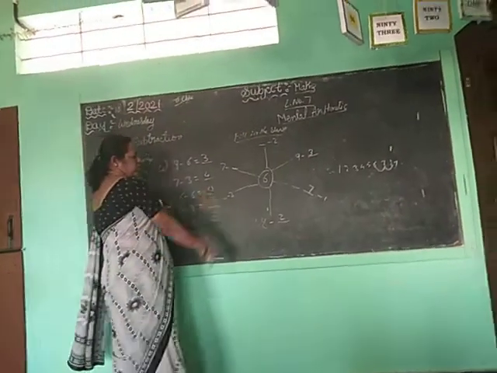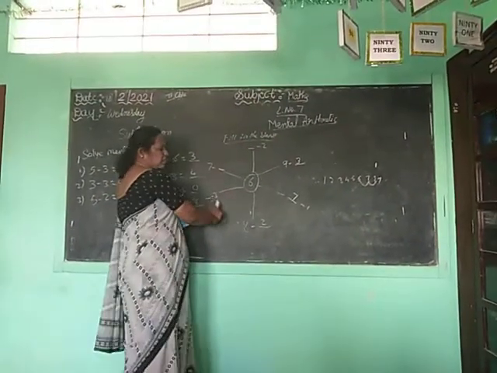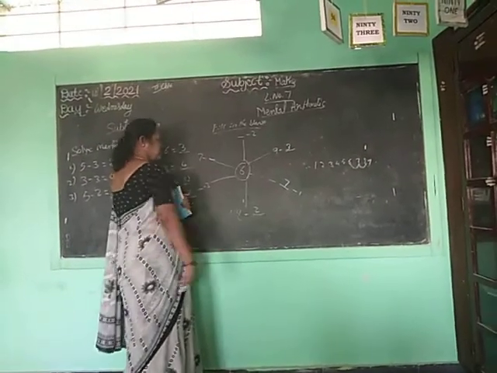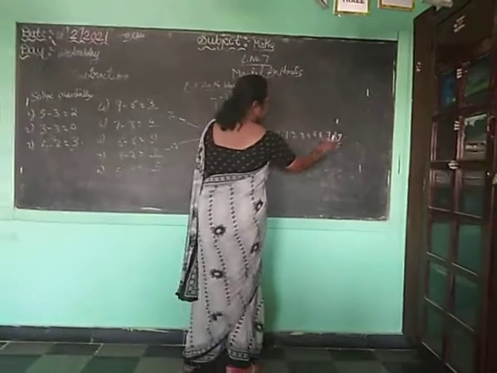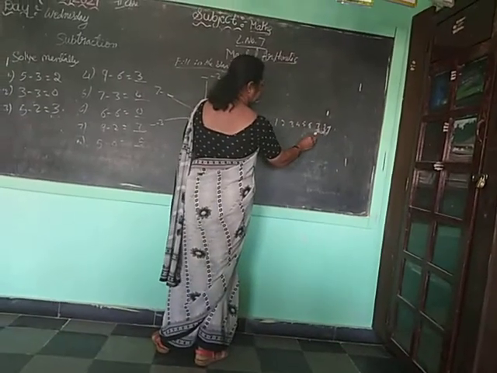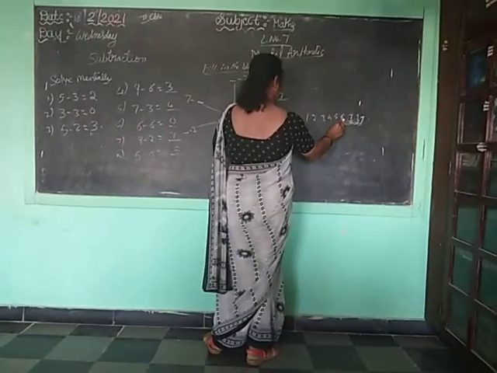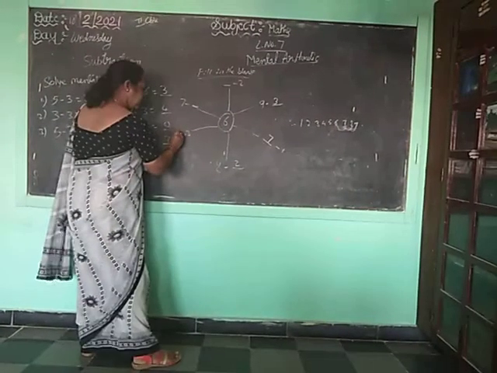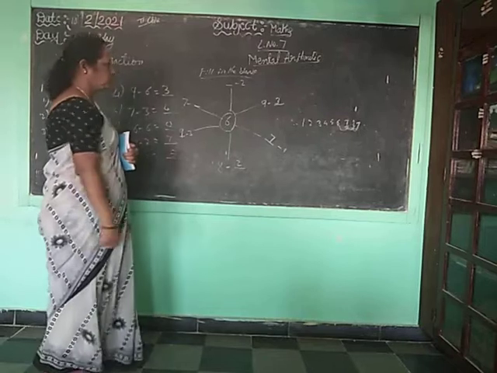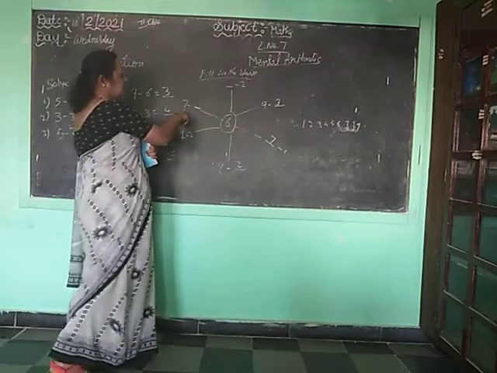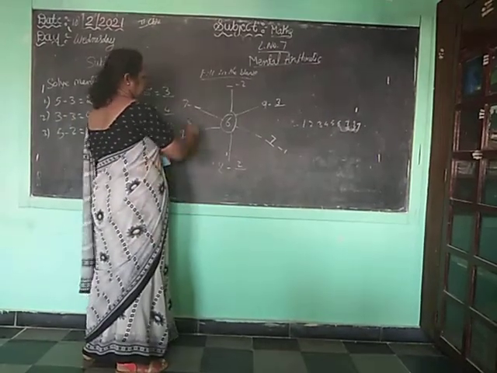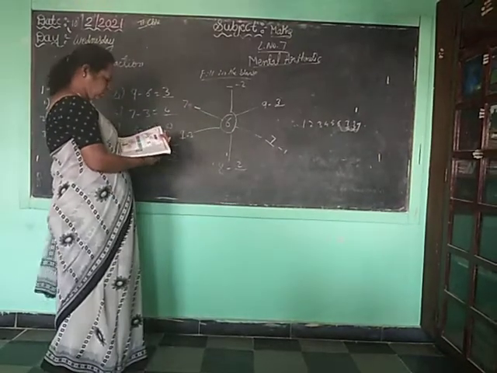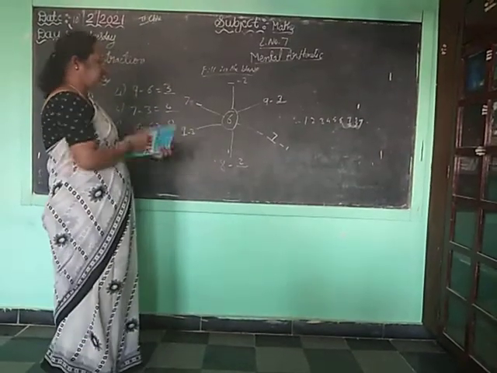Okay. Now you have to get the answer 6, but one number, 3, is there. So from which number, if you minus 3, will you get 6 as the answer? See, 1, 2, 3. From 9 you have to minus 3 and you will get the answer 6. Okay. Then 7 is there. From 7, which number do you have to minus to get 6, children?